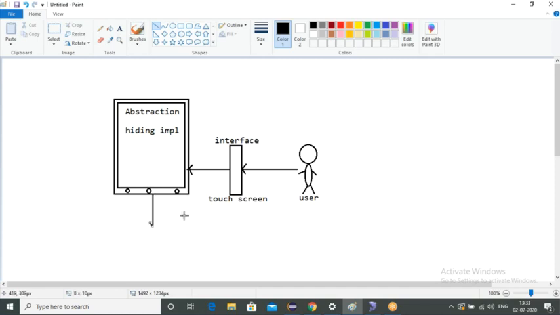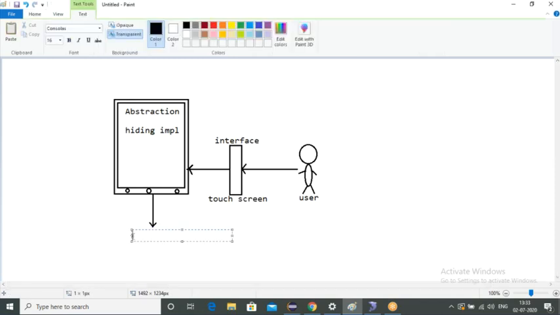The loose coupling. Yes, Priyanka. Guys, out of 135 people, only one girl knows, that is loose coupling. Others are simply sitting.